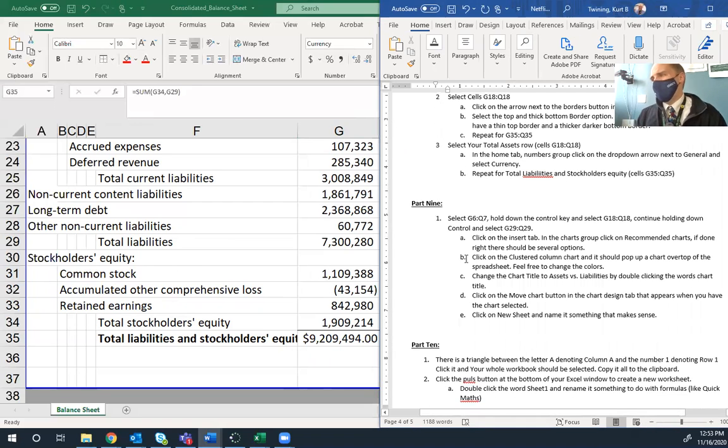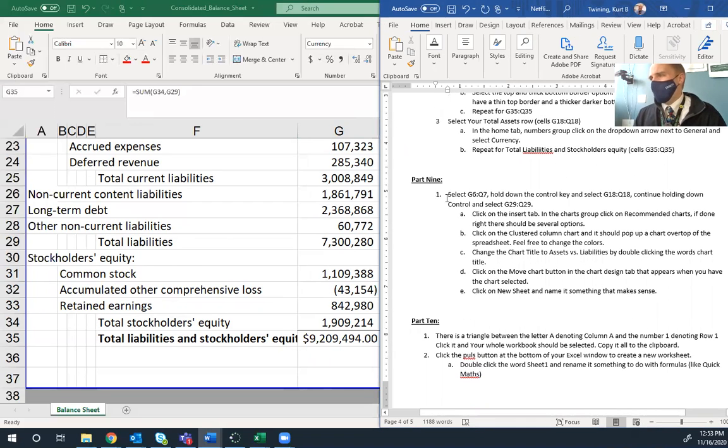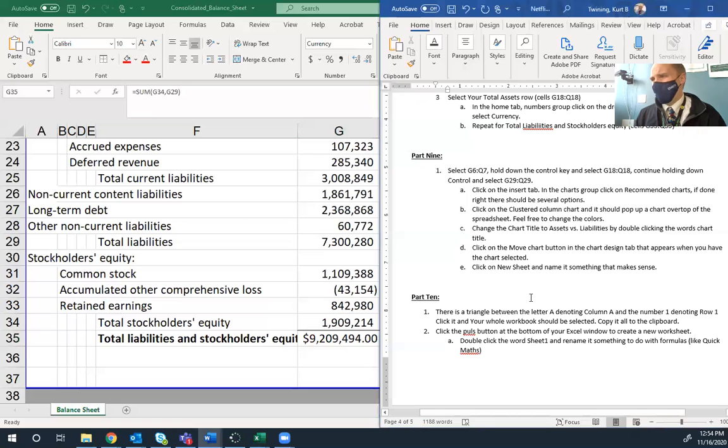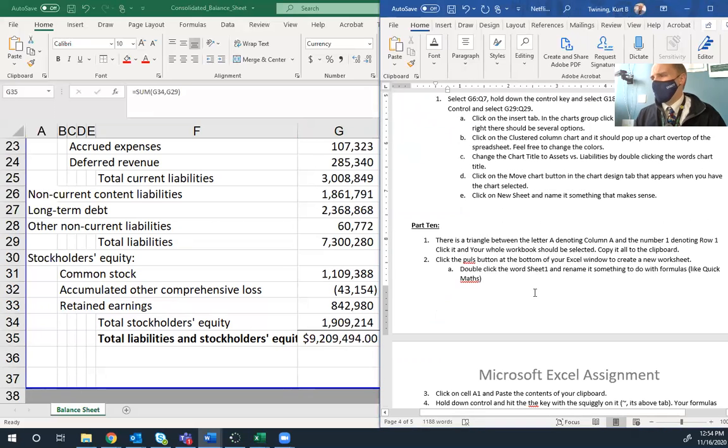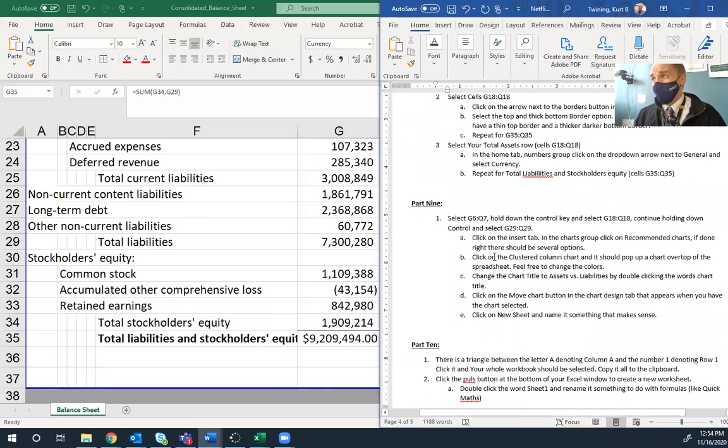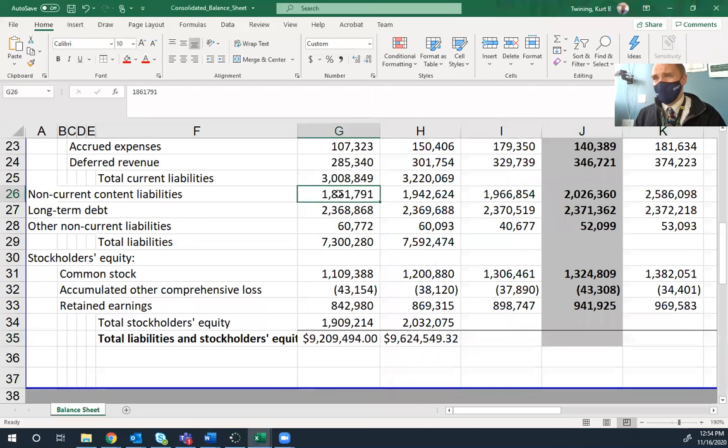All right, so the next thing, we're going to go G6, Q7, and then G18, and then G29. And this is where you're gonna make your chart. So this is where it can get kind of wonky, okay? So pay attention here. So we're gonna go G6